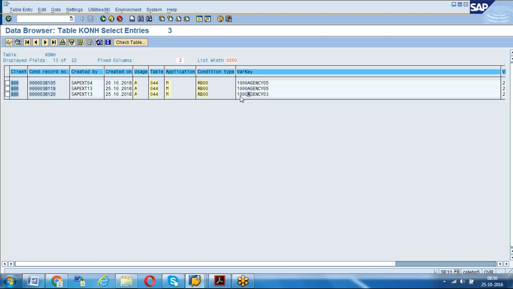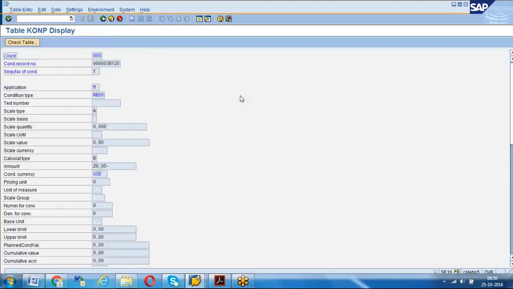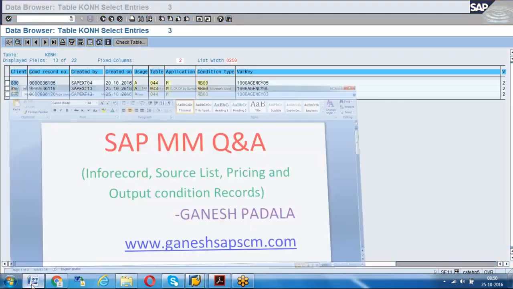If you want to see whether the condition records are maintained or not, go to KONH and get the data, and once you get these details, then you will pass that condition record in the KONP table and get the price, the discount price you maintained. Okay, we can tell like